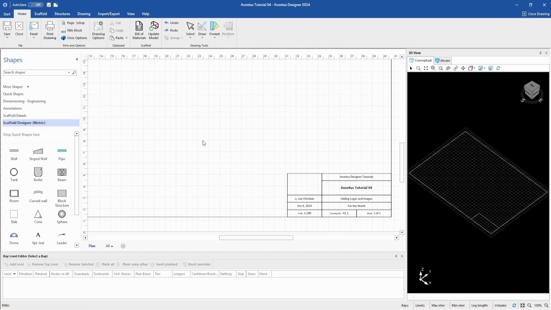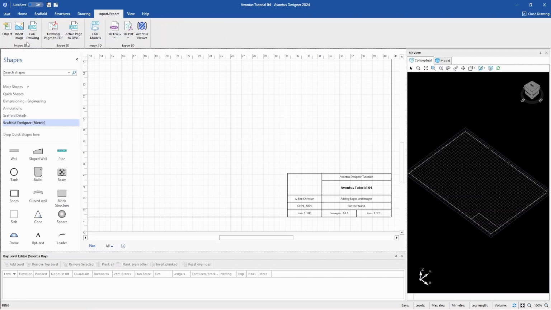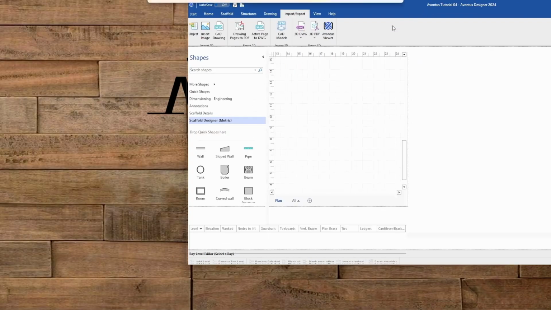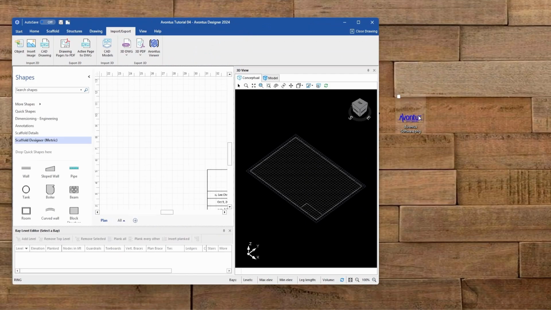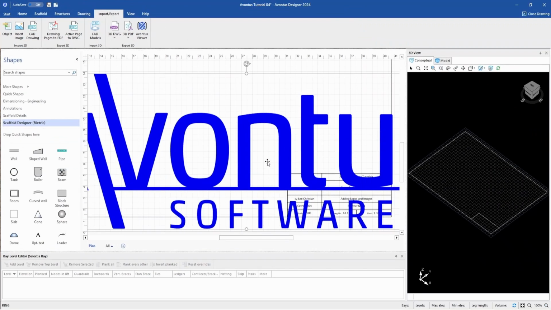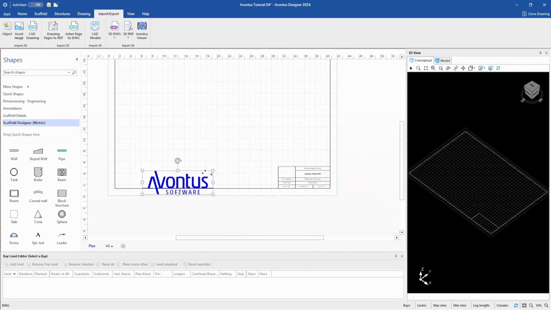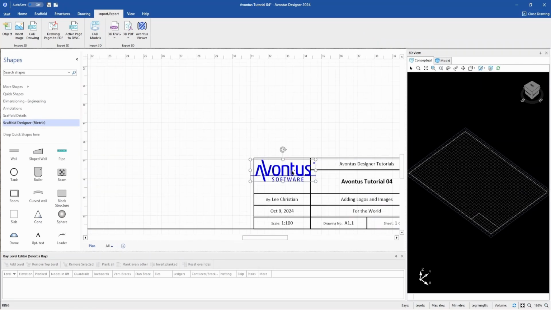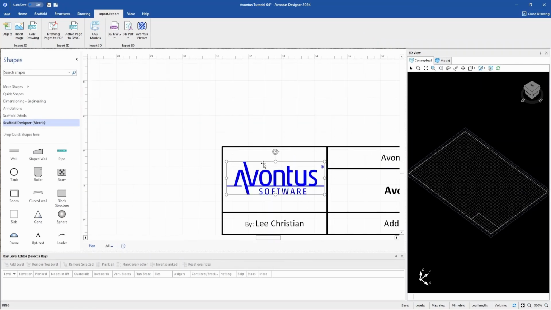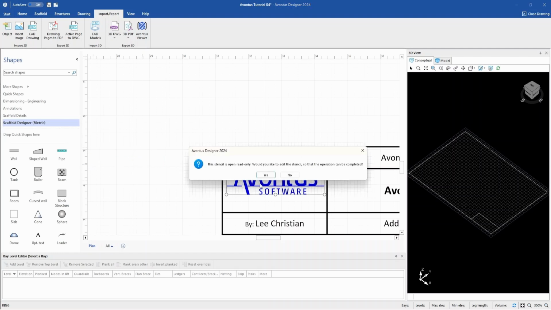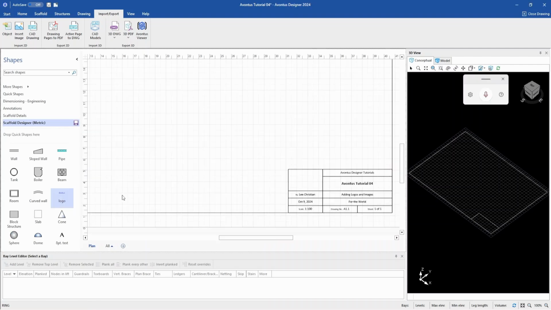To quickly add any image or your logo onto your drawing page, this can be simply done. You can either import your image in, or as I've got my logo on my desktop, I can just drag it onto my page, open this back up, get it to the size I want, zoom in, so I'm happy with that. So I've got it to the size I need. What I can do now is just drag it over here into my stencils, give it a name,